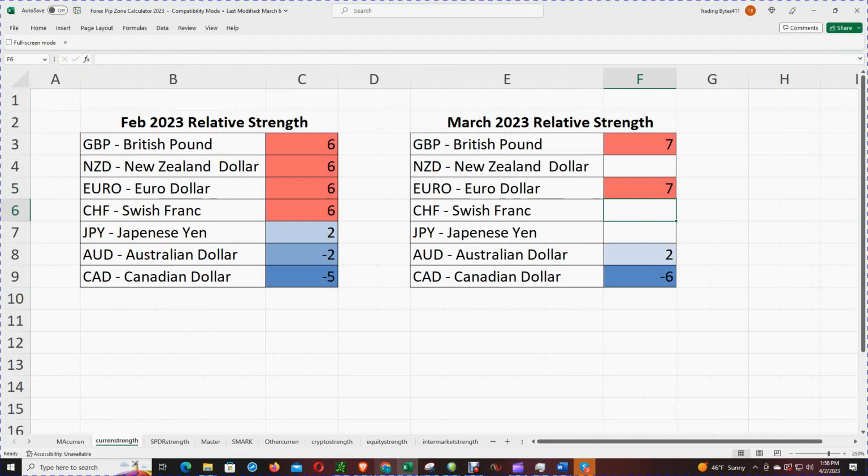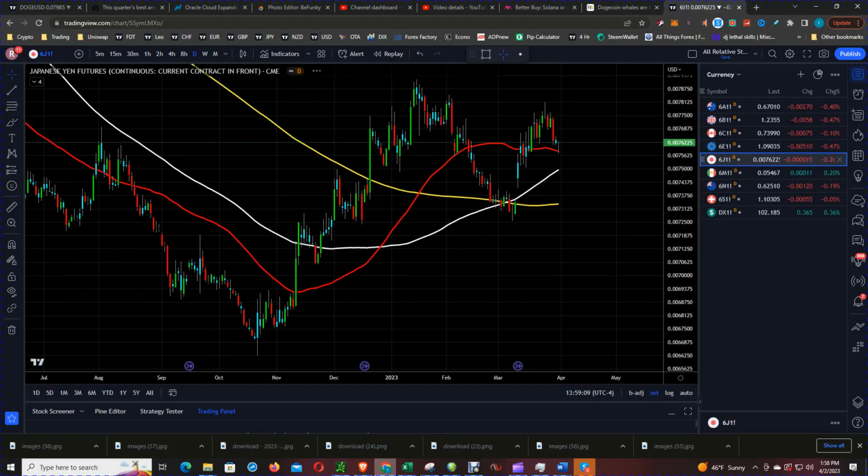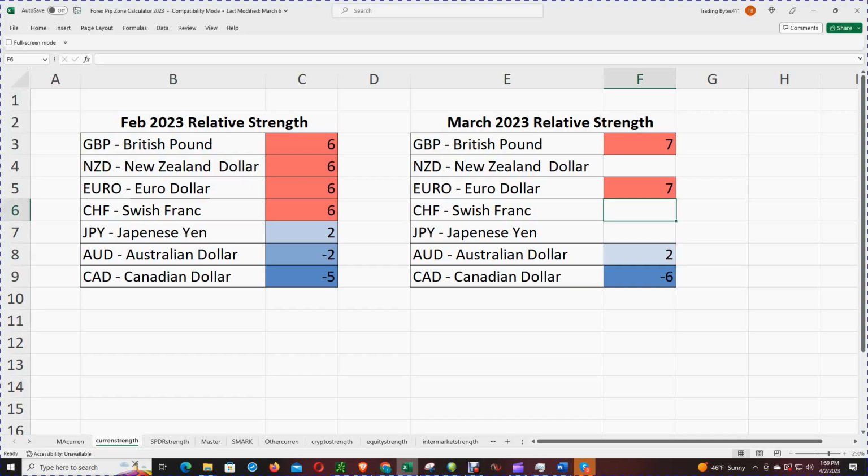Okay, next on the list is the Japanese yen. Price is above the 50, 100, 200, so that's a 7. Okay, next on the list